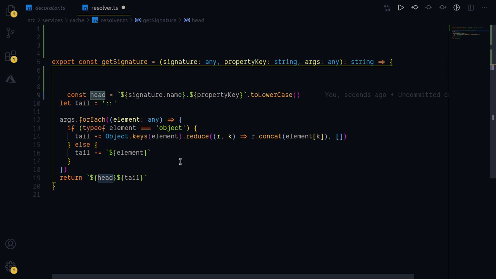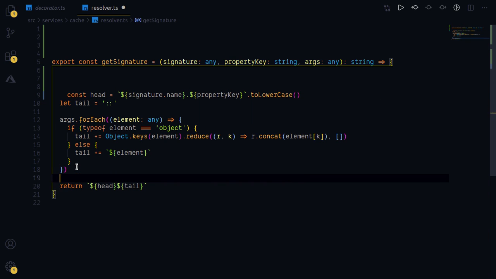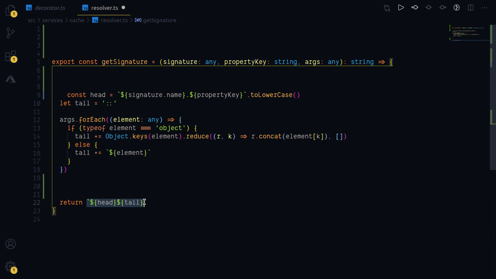The head means the first part. All right, as you can see here, we are returning two parts, the head and the tail. The head is the signature.name. This signature is basically a function. Here what we have defined as any, the signature is basically a function instance that we are passing. So signature is supposed to be a function. So signature.name means we are calling the function name over here.